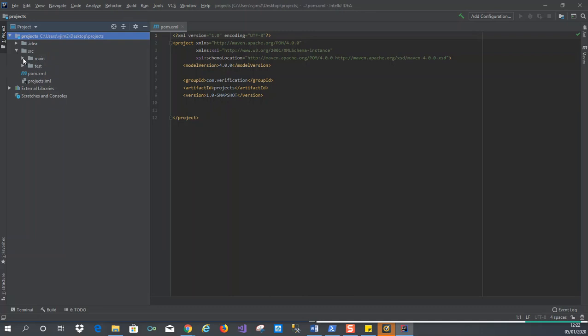The source main, Java, resources, and test, Java, and Maven. This is very, very critical. The Maven is an XML format. This is where we're gonna put all our dependencies. For example, downloading Selenium, downloading Cucumber, and downloading JUnit, and any other relevant dependencies